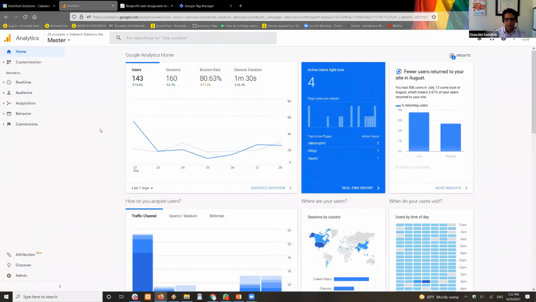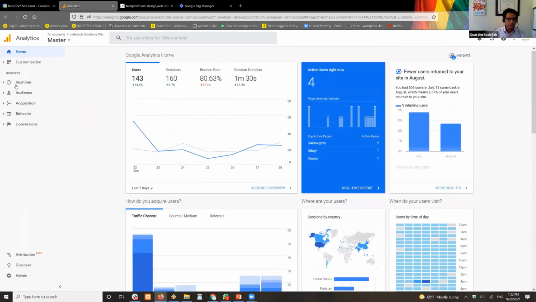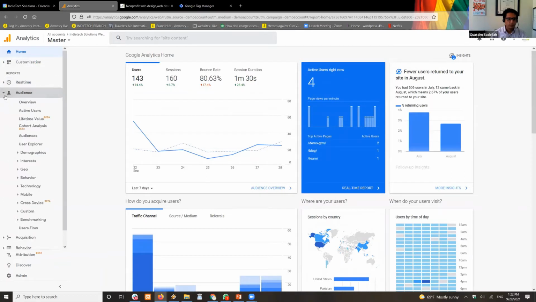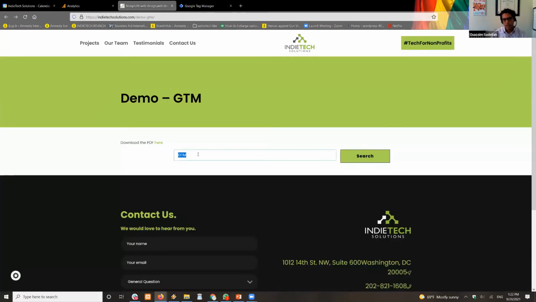I'm not going to go over Google Analytics in depth, but there are a few things I want to do. Let's go to audience, then behavior. The first use case we want to talk about is site search: how to measure site search on your website.